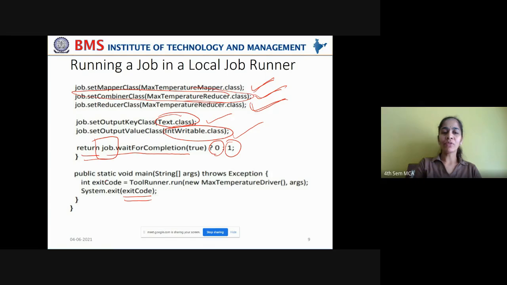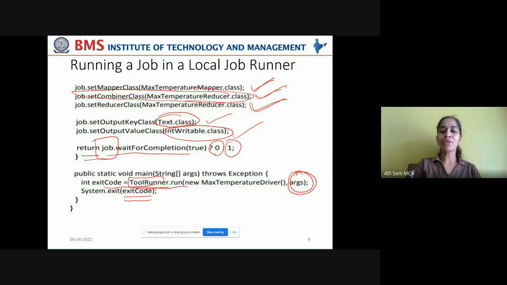Now in the main method, a small change has to be made. In the main method, in order to run this task, you are using ToolRunner, because you may pass some parameters to configure the system properties. For that, you may pass some command line arguments, which can be taken by the ToolRunner, which will be handed over to the GenericOptionsParser, which in turn makes modifications to the configuration files' properties.